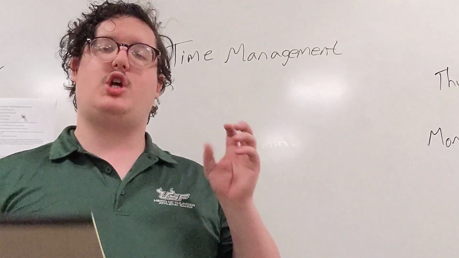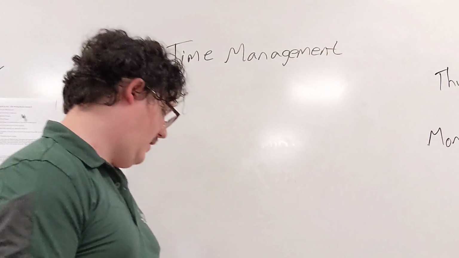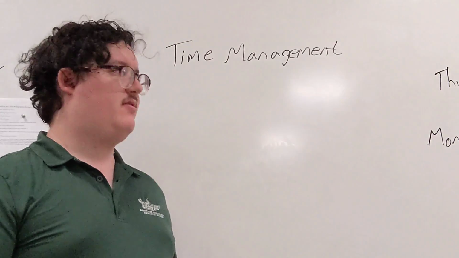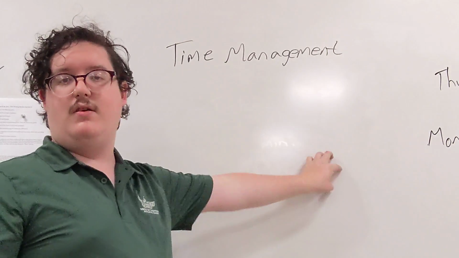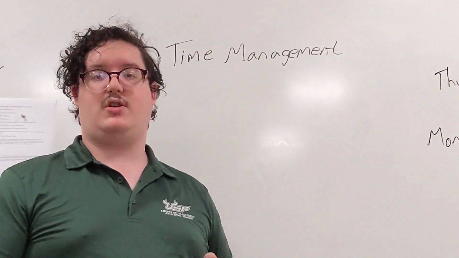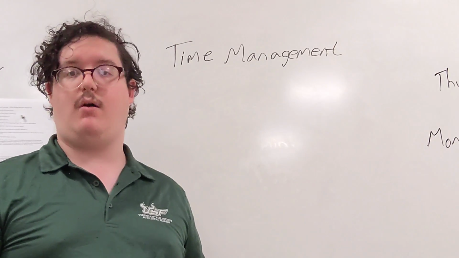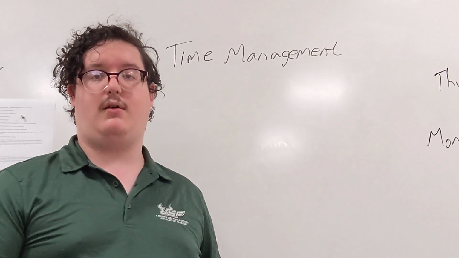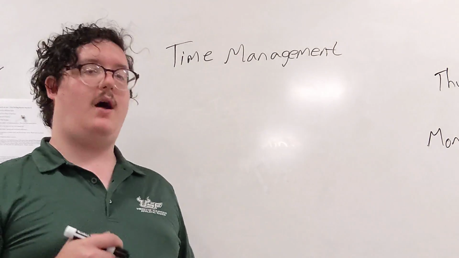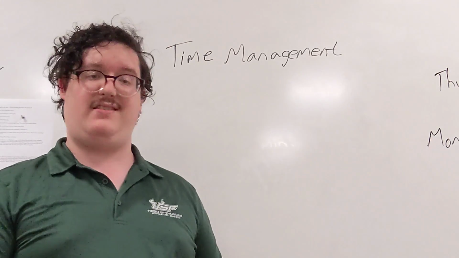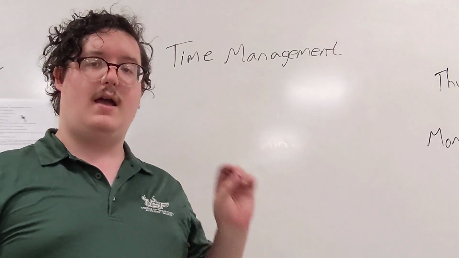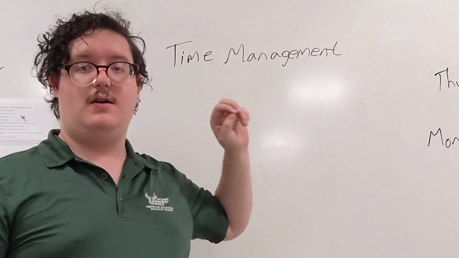And one last thing, chunk the essay. This kind of goes into what we just talked about with continuing to do an idea until you're done with it. But if you chunk an essay, what that means is you take it piece by piece. If you think that you're going to be overwhelmed by writing it all in one go, write the introduction, then take a small break, 2 minutes or so. Then do the first body paragraph, then take a break, then do the next one, then take a break. You do not have to frantically scribble, or in this case, frantically type until the bell rings. You have 2 hours to do it.